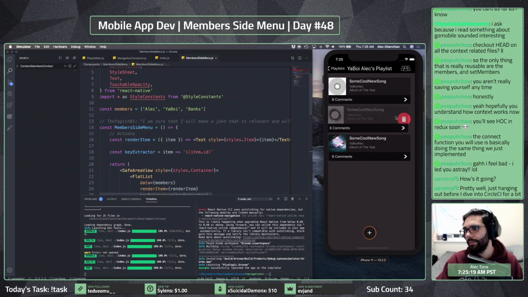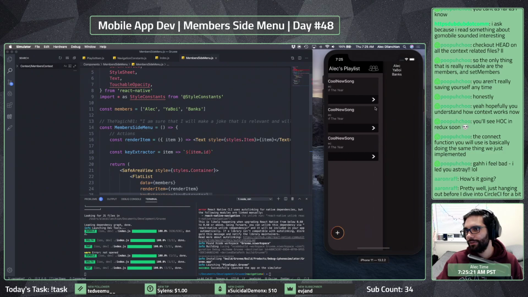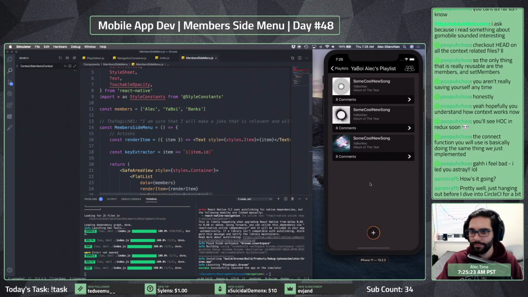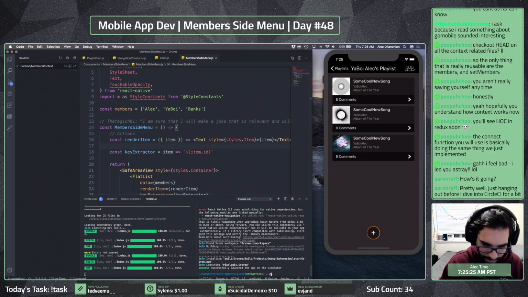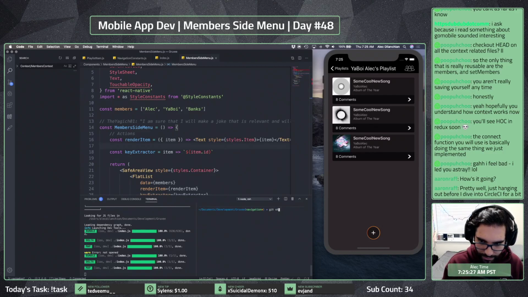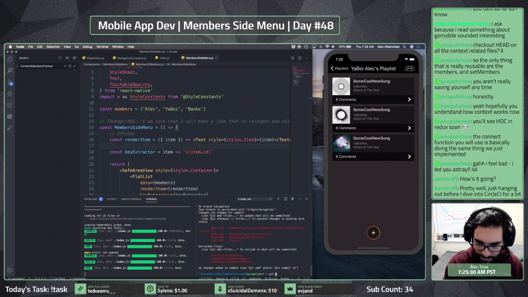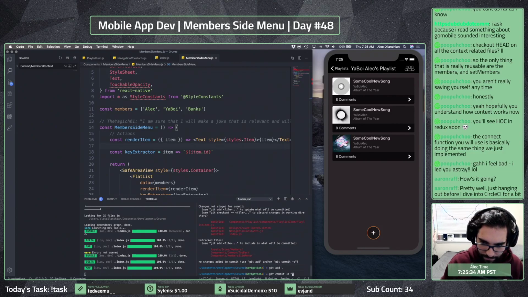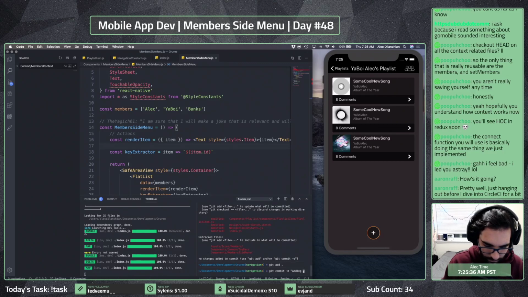But essentially that's all we're looking for. So that's good. Got the mock data in there. Git status. Git add. Git commit. Adding initial work for navigation or side menu.